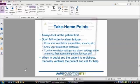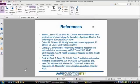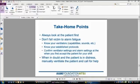When you get report off, always check your vent first. Just like I know a lot of us nurses do, we go in and run our lines with all our IVs and everything. You need to go in and run your vent circuit too. Make sure that the settings that the vent is on are the same as